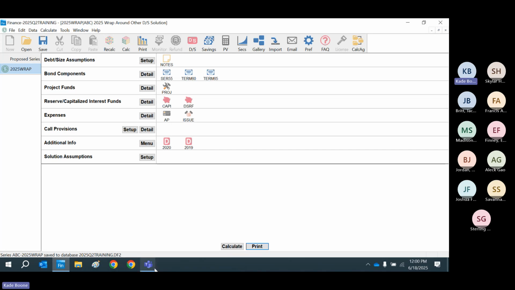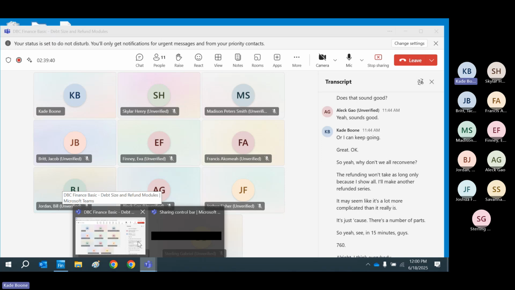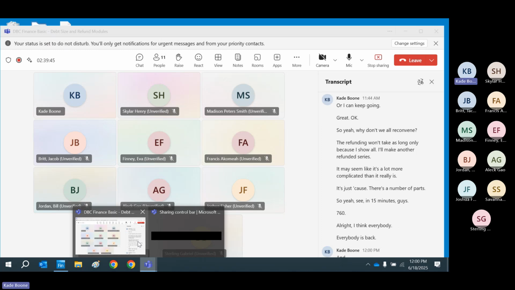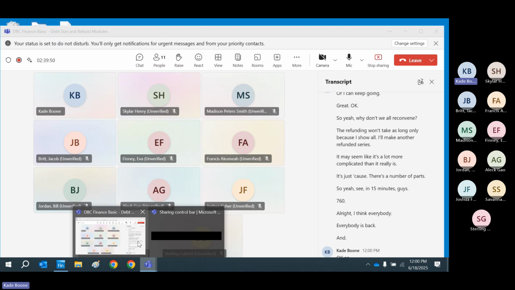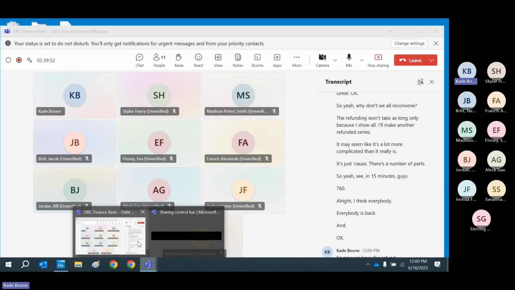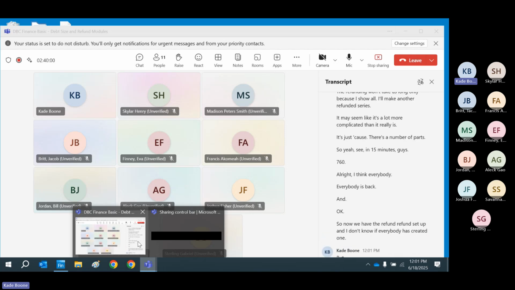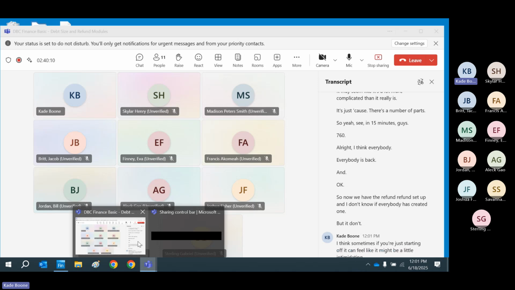All right. I think everybody is back. Okay, so now we have the refund set up. And I don't know if everybody has created one, but I think sometimes if you're just starting off, it can feel like it might be a little intimidating, only because